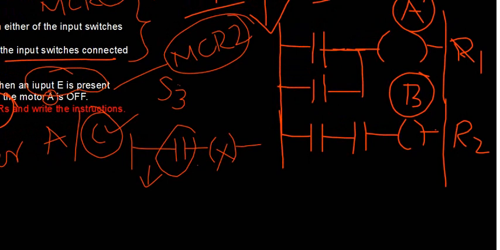Some contact getting closed or opened if the same kind of output devices are used with respect to the jurisdiction of your master control relay 1 and 2, right? Otherwise, if the input and output devices are totally independent among the two master control relays, your program becomes very simple. You can distinctly identify the input devices, output devices, whichever are coming under the master control relay MCR1 and MCR2, and accordingly you should be in a position to draw the ladder diagram as well as the instructions, right.